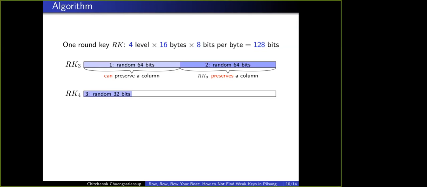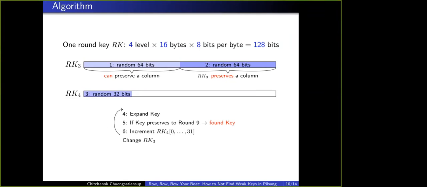We select the first 32 bits at random. And once we have in total 160 bits, we can now expand the entire round key. So we expand, and then we check whether this key can preserve to round 9 or not. If it can, then we say that we found a weak key. And then we increment this part, round key 4, the 32 bits that we selected at random, and again we expand and we check whether it preserves until round 9. We increment and we keep iterating this process until we decide we should change